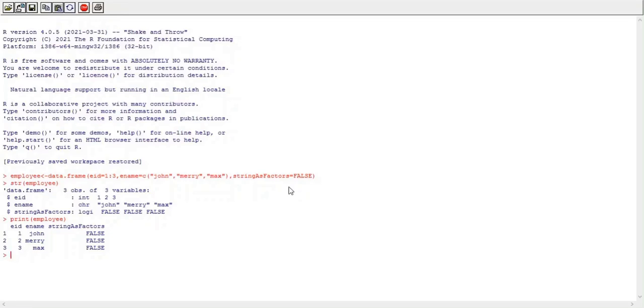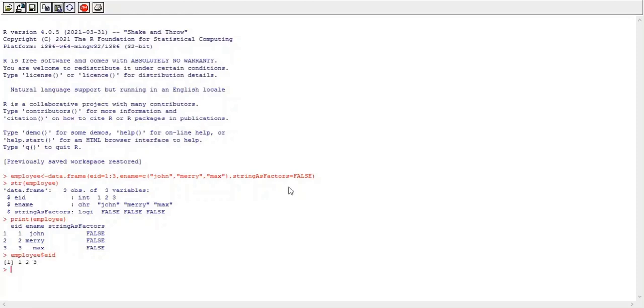Now we'll see how to access data from the data frame. Okay, so here we have again two methods to access data. So we can use the $ sign to access any column, to access any component from the data frame.